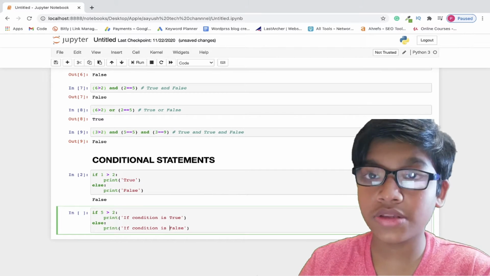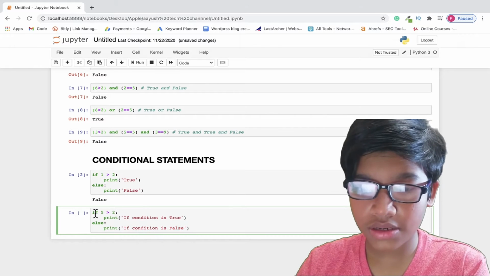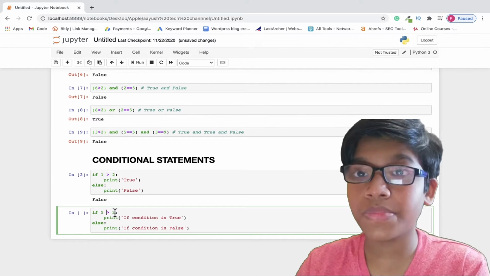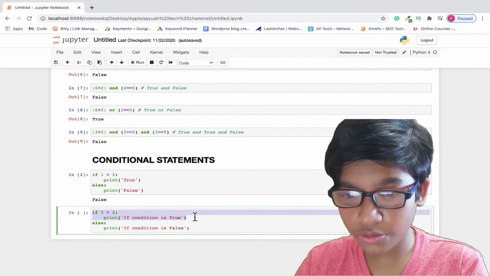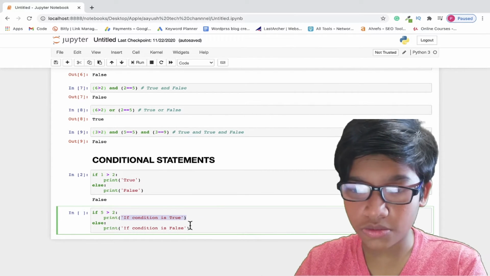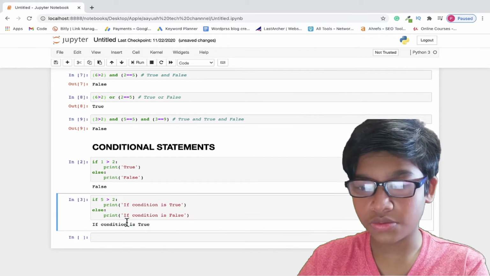This is just to tell you that if you add any text here, this will work out. So is 5 greater than 2? Yes, so it will go as true. Print if condition is true. Now let's run it. Yes, here you can see if condition is true.